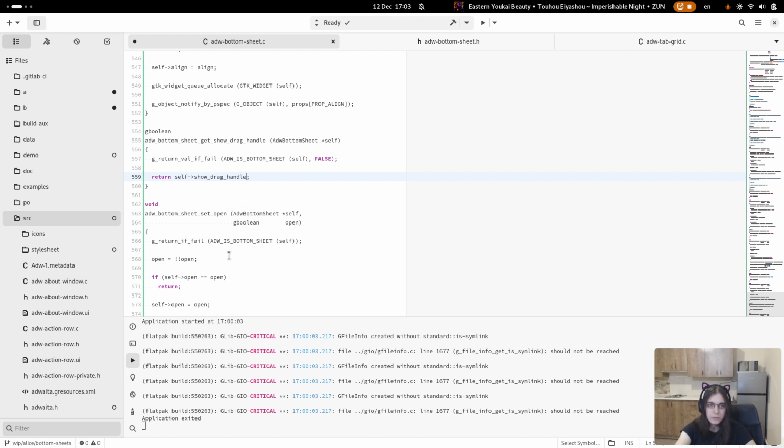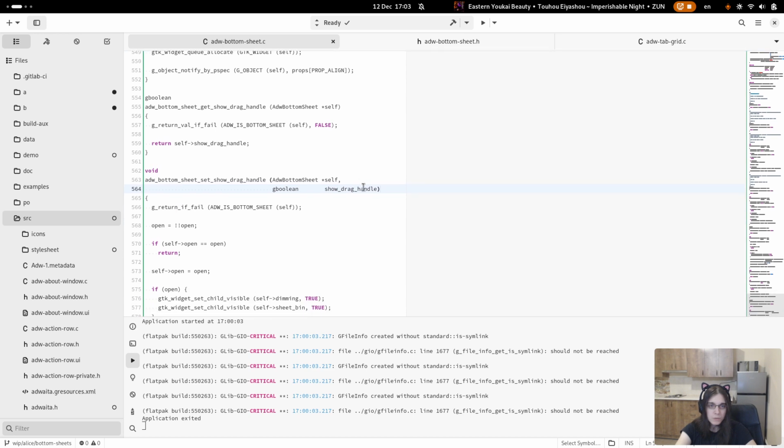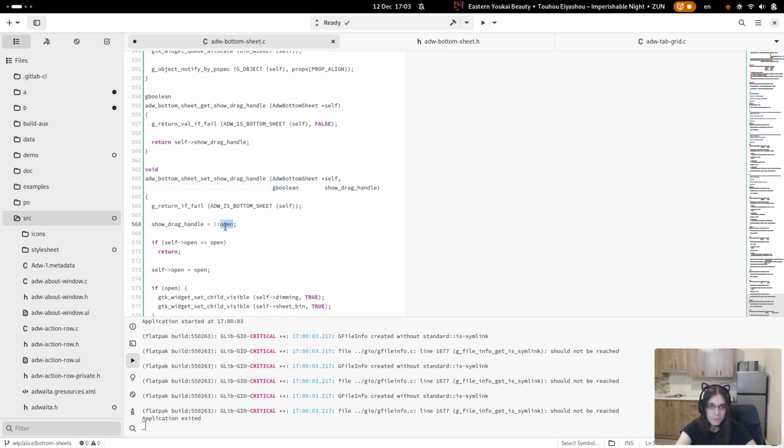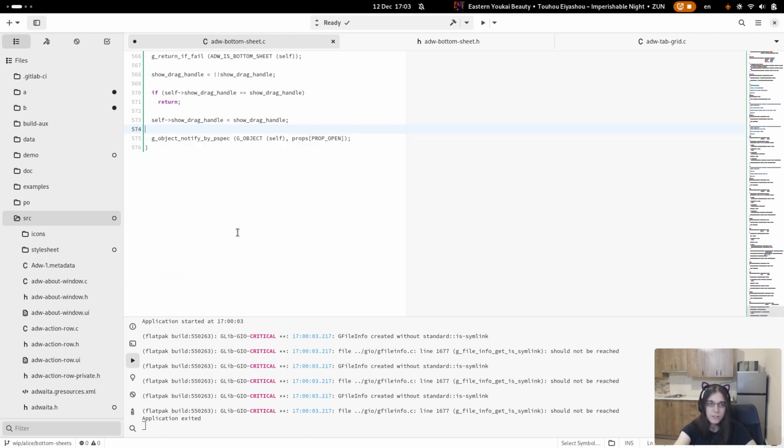Show drag handle. And for now, nothing, because I don't have the actual drag handle yet.